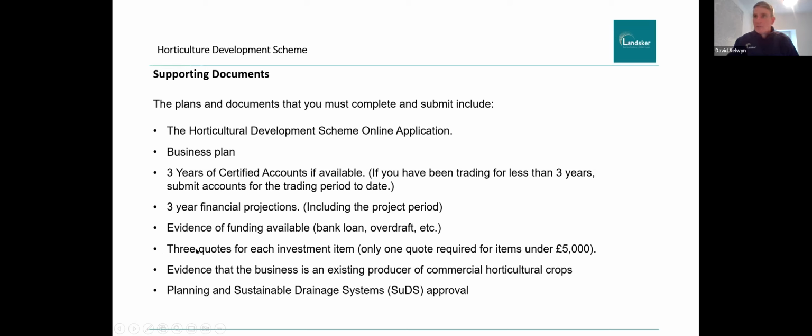Procurement, so quotes for items that you're looking to buy, and that is 1 quote for anything under £5,000, 3 quotes for anything over £5,000. Evidence that you're an existing producer of commercial horticultural crops, for example showing invoices, showing that you've sold things to people in the past, and any planning or sustainable drainage systems approvals requirements. Okay, so you need to be showing all that by the 10th of March, which sounds an awful lot, but